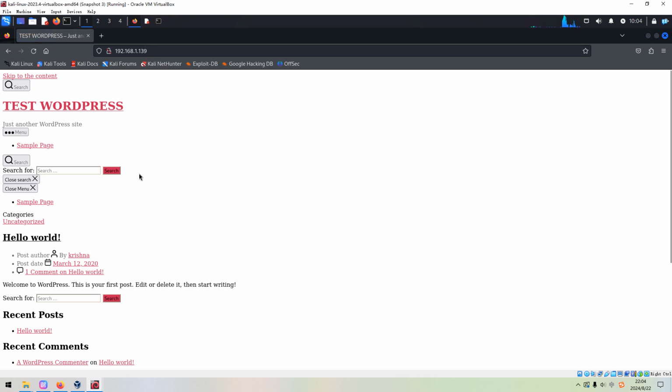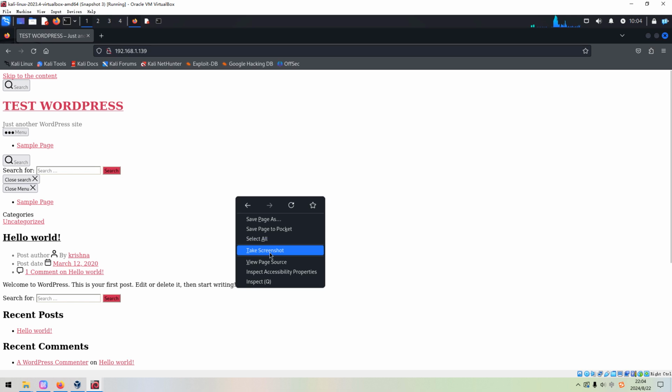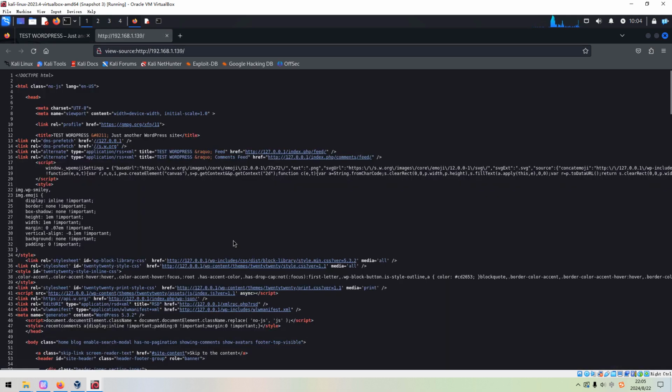It looks like the page is not rendered completely and properly. Let's check out its source code, because I think the reason is that the address is pointed to localhost. Anyway, so far we already know that the target is running WordPress.